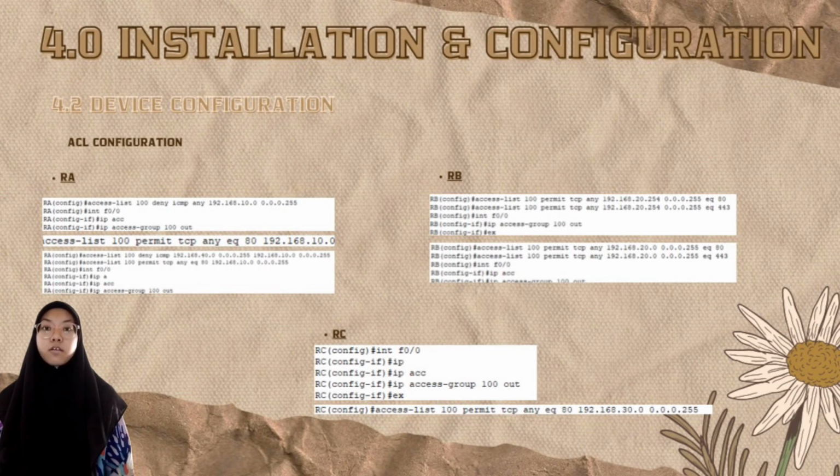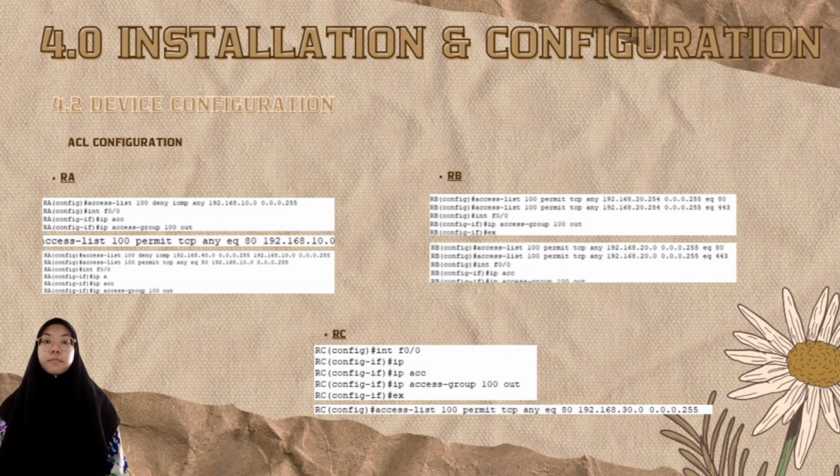Next is ACL configuration. This is the configuration that we do at the RA router, RP router, and RC router. We do the ACL configuration to block ICMP from the outside network to the server farm, from the private network to the server farm, and also from outside to the private network.